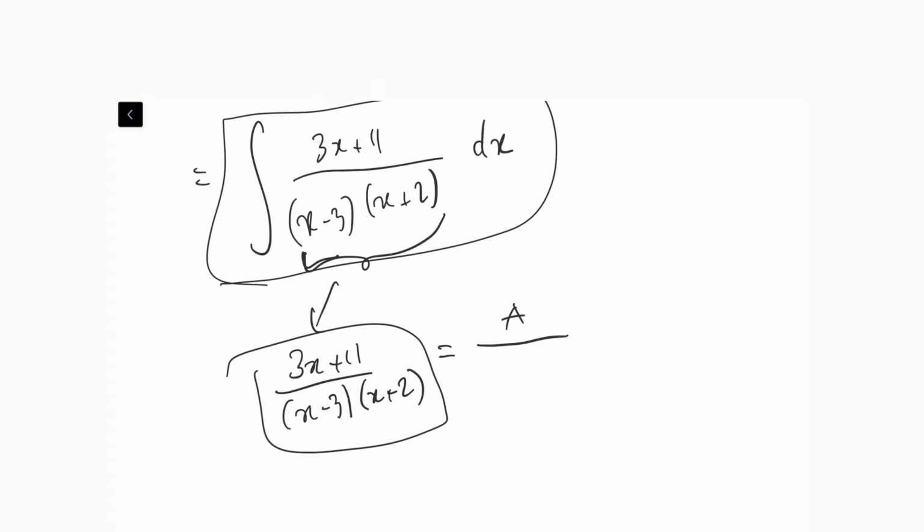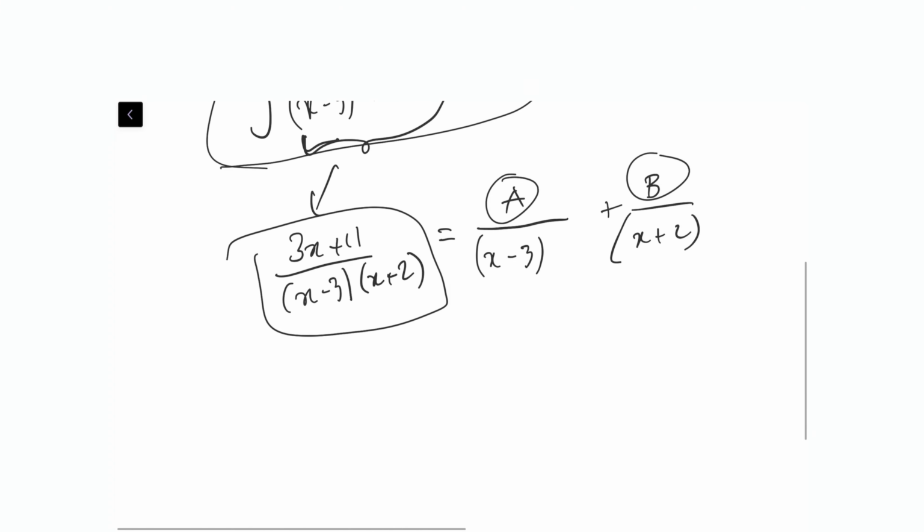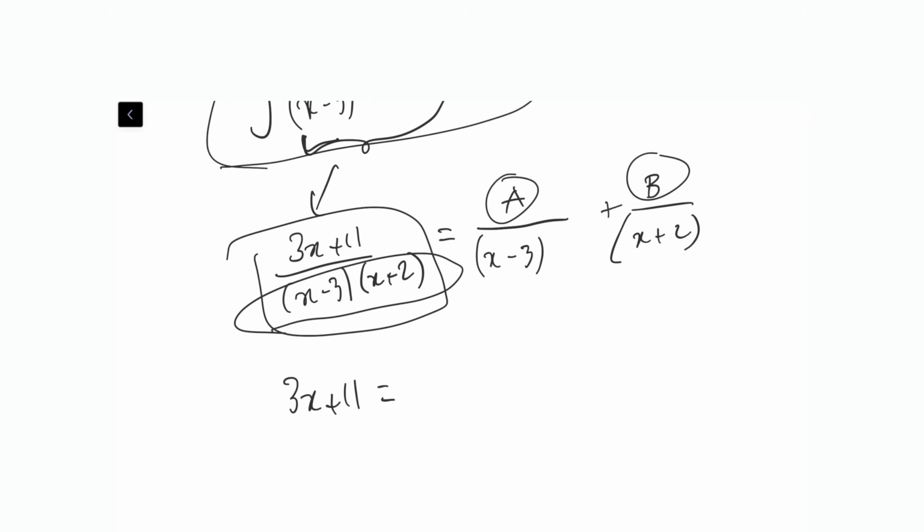We decompose this whole fraction into two different functions: A over x minus 3 plus B over x plus 2. How can we find this A and B here? Well, let's solve this. 3x plus 11 is equal to, let's multiply both sides by this bottom expression we have above here. And we would get